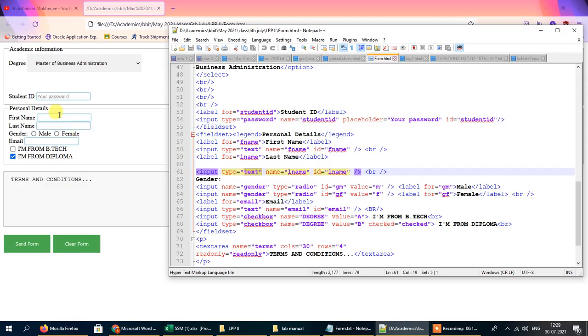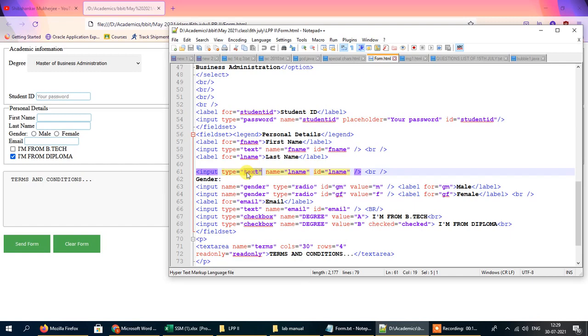The difference between a password type input box and a text type input box is that when we enter some values into a text box, it will be displayed exactly as entered by the user, but when we are entering a value in the password field, instead of the actual password, it will show up as asterisks in order to conceal the actual password.